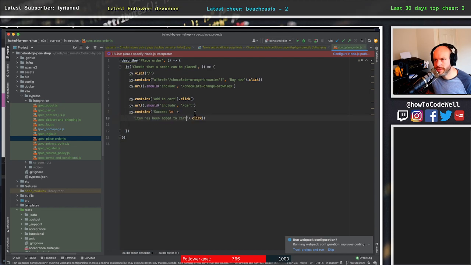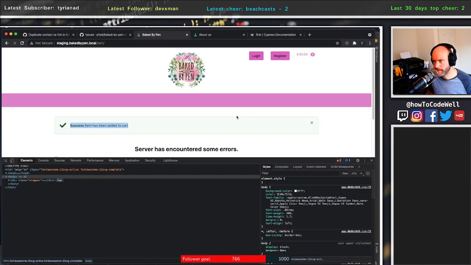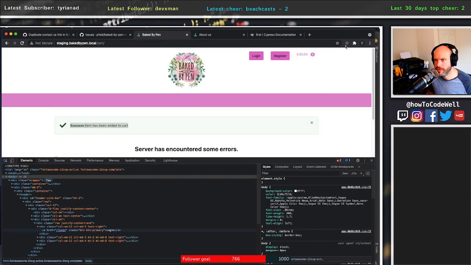We should also see, oops. Damn it. We should also see success item has been added to cart. Cool. We don't click that, we just see it. Well, just make sure it contains. We should also see that this changes to